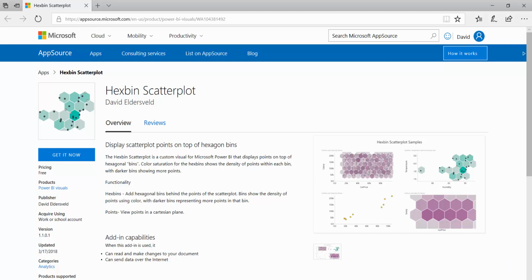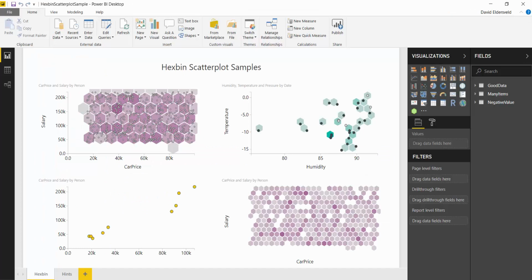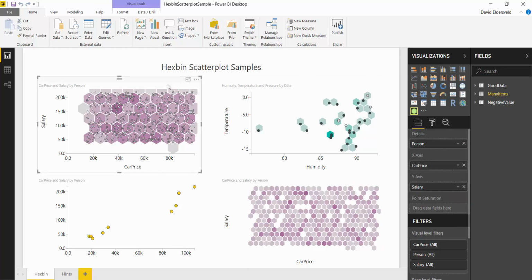And if I switch over to Power BI here and just look at some of the samples, it's essentially a very, very basic scatter plot that has the option of adding a hexagon grid beneath it. So we call these hex bins, and it's just a way of showing density of the various points within the scatter plot. So it's a very basic chart, but you can see here some different variations where I can have a combination of the scatter plot points